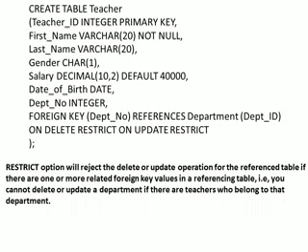It means that the restrict operation will reject the delete or update operation for the referenced table if there are one or more related foreign key values in a referencing table. If there are any values in this particular teacher table, then it won't allow a delete or update on the referenced table.